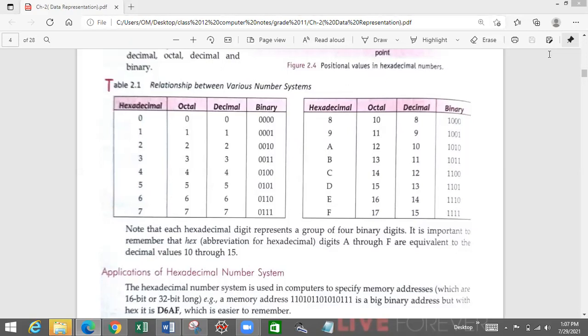Now you can see that to represent a 1, I can simply write a 1. But since we are having a 4-bit representation, the rest of the 3 bits on the left hand side have to be padded with 0 or filled with 0. The system is the same in the decimal number system. Suppose I want to represent a number in 10 places. Suppose I want to represent a number in 4-bit notation.